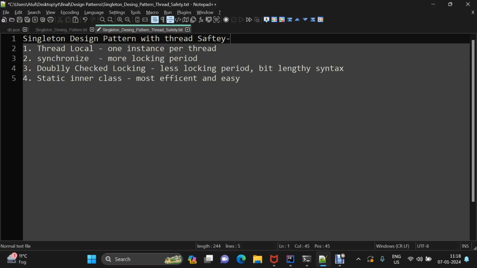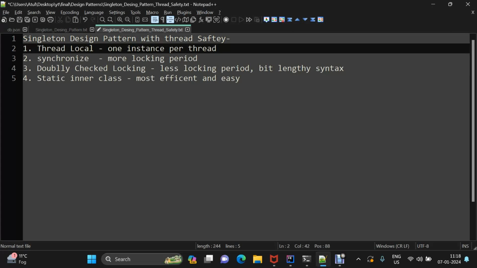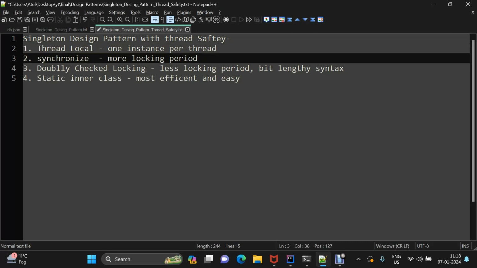Everyone, this is the fourth video of the design pattern series, and today we are going to discuss how to ensure thread safety in the Singleton design pattern. I have demonstrated four ways of achieving this. The first one is ThreadLocal, where we will have one instance per thread. Of course, that is not an efficient way of achieving the same, so we are going to look into another way,